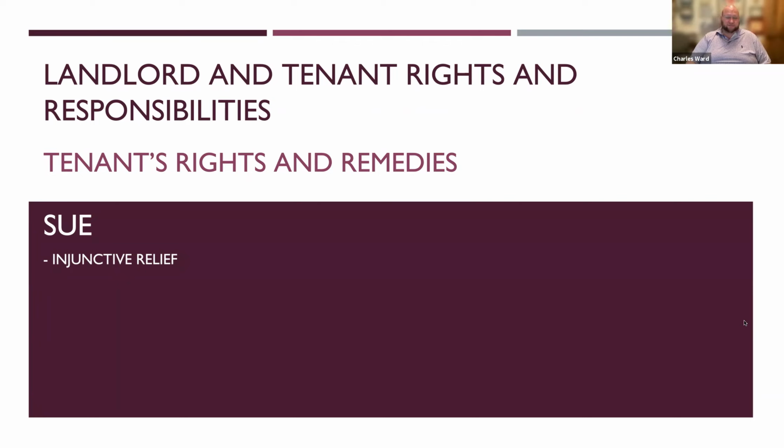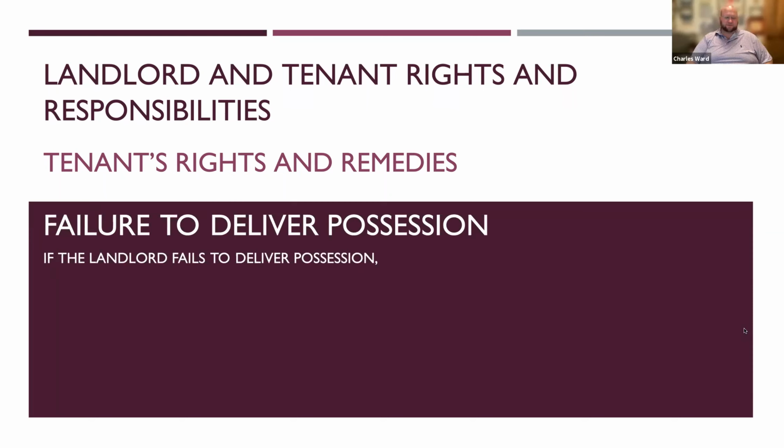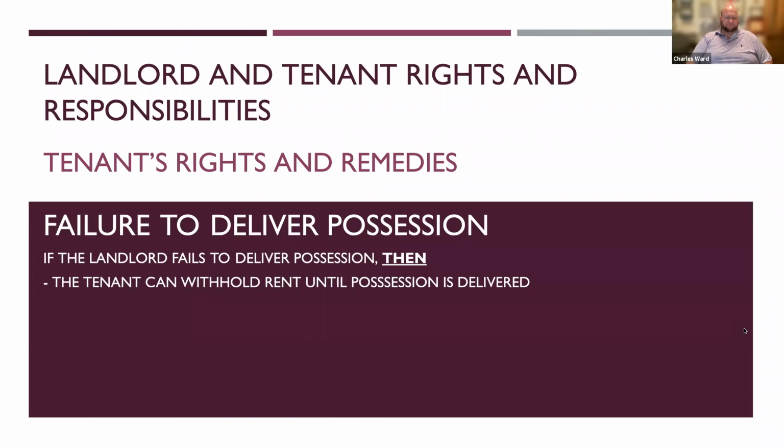Failure to deliver possession. The lease is supposed to start January 1st, and you show up at the house and the landlord's not there to give you the keys. It looks like someone else is living there. The landlord hasn't delivered possession. The tenant now has a right to withhold the rent until the landlord actually delivers possession. If it's an issue of, hey, something came up and I needed 1 or 2 extra days to get the house ready to go, the tenant can say, okay, I'll give you 1 or 2 extra days, but he's not going to be obligated to pay the rent while the landlord's fixing that problem up.